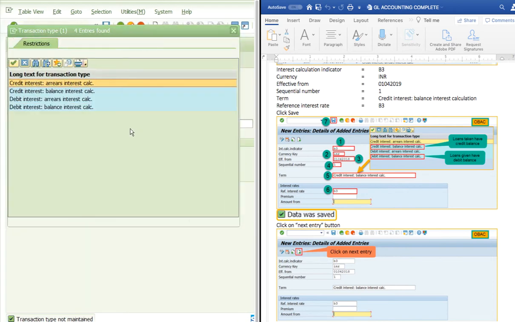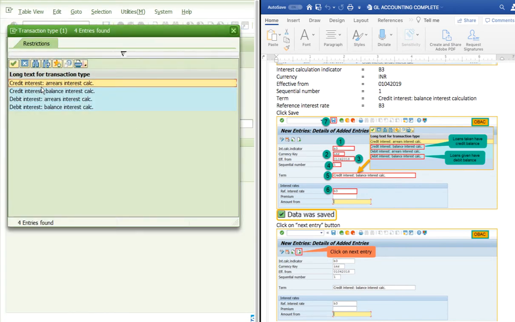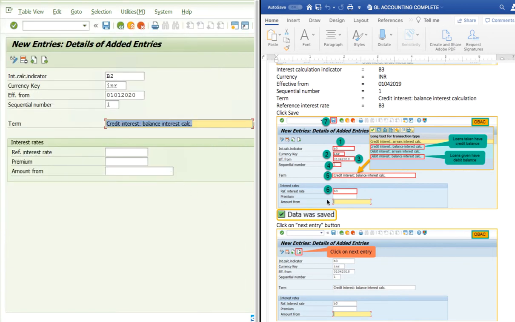we can choose credit. When you have credit interest and balance interest calculation, this one, because when you repay a loan, it's reverse, right? You get the loan and you pay the loan, right? So that's why it has different keys, different options. So you have to choose credit, right? When you take the loan, it's a credit balance. When you give back the loan or repay the loan, it's a debit balance, right? So credit balance interest, you have to choose this credit balance interest,